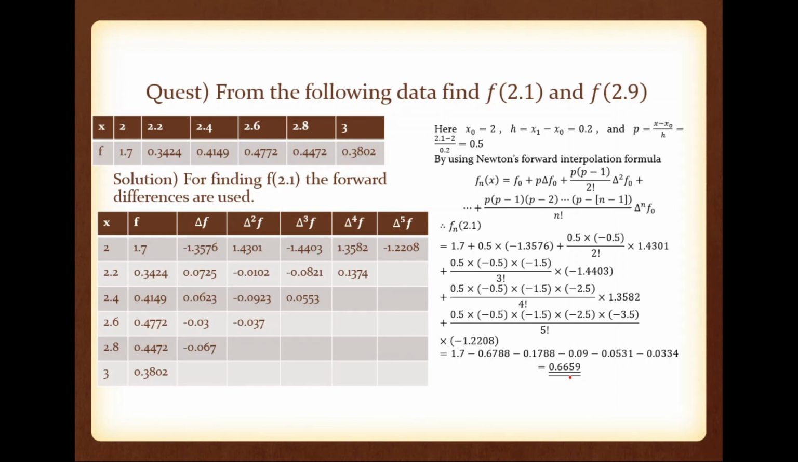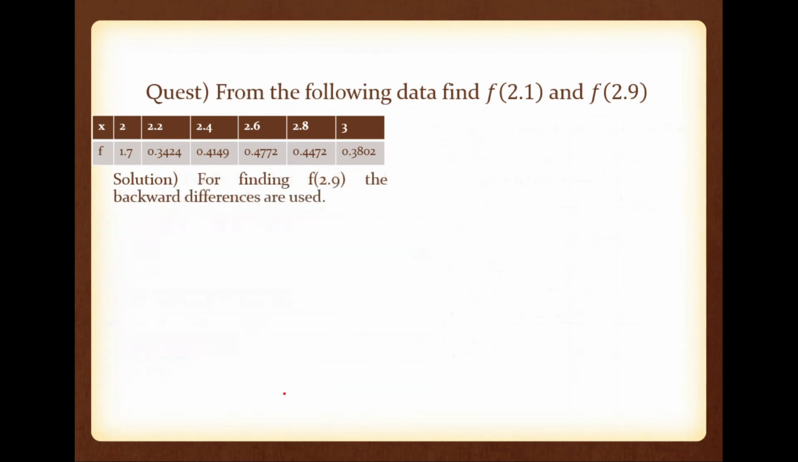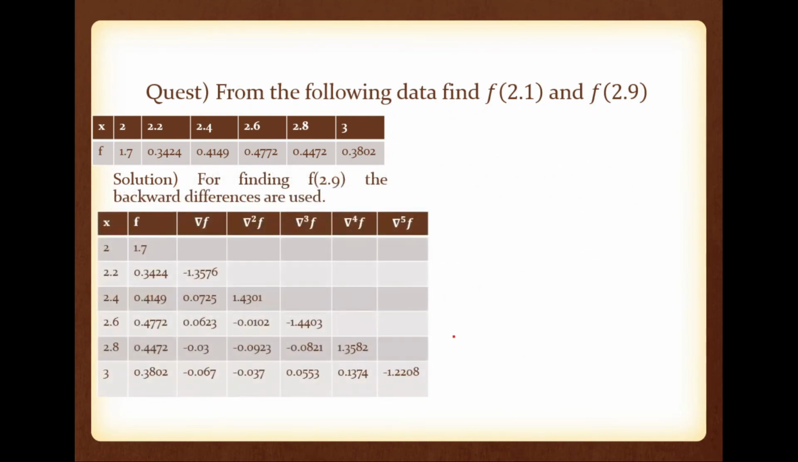Okay. So now we are asked to find f of 2.9. I told you we can use these last elements of each column, but I am going to write the backward difference table. It is very easy if you know the forward difference table. Shift these elements by 1 position, shift these elements by 2 positions, shift these elements by 3 positions, shift this one by 4 positions, and this one to this last part. So our table will be